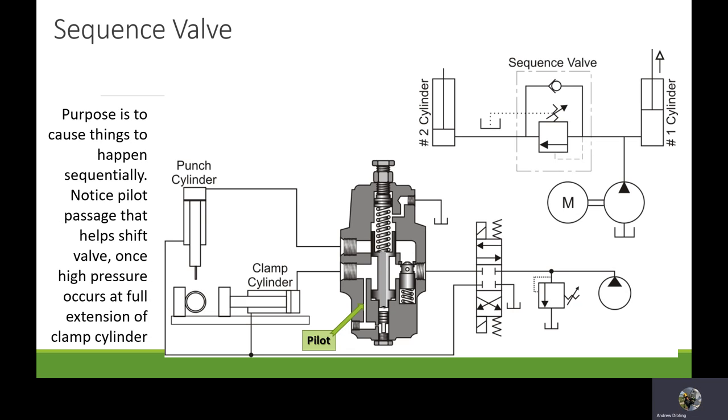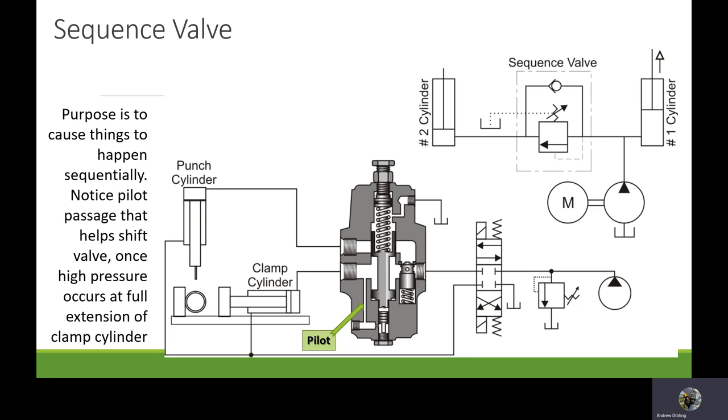Okay. Next up, we have a sequencing valve, which is similar. The purpose is to cause things to happen sequentially, like one thing after another. Notice the pilot passage that helps shift the valve once high pressure occurs on full extension of the clamp cylinder. So we have cylinder 1, cylinder 2 here, and we have a clamp cylinder. So once the clamp cylinder